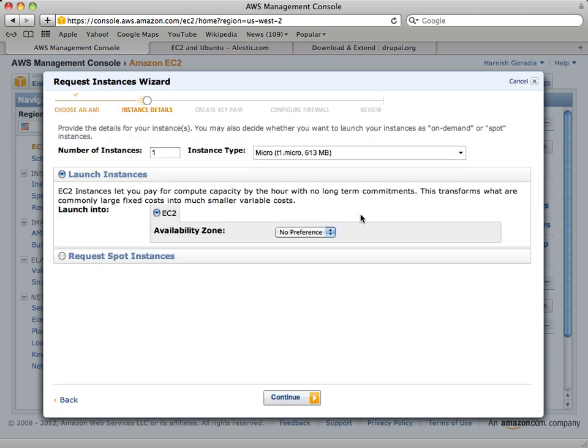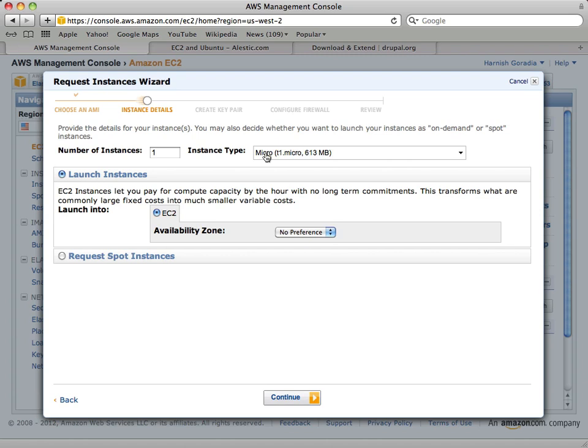Here is where I say how many instances I want. By the way, if anyone goes above 10 instances, Amazon wants to know about you. I don't believe you can fire up more than 10 instances unless you personally make a request to Amazon, because a lot of people end up firing more instances than they need. They incur a huge bill on their card and they freak out.